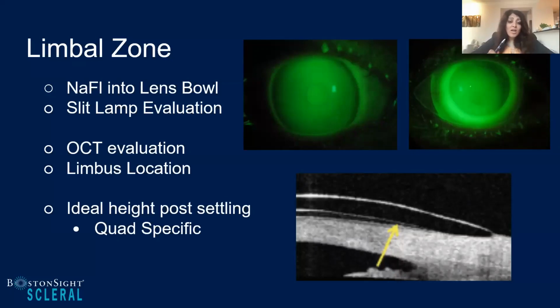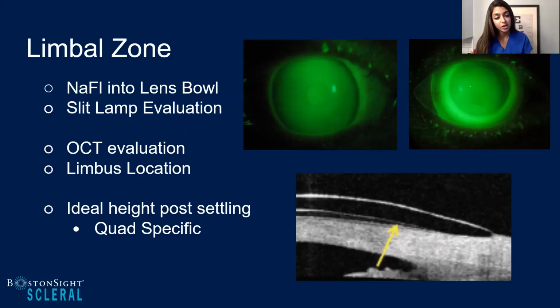And what I love is now having the ability to have the OCT where you can actually scan and see exactly, do I actually have touch or not? And 50 microns, it's a small amount that's hard to appreciate sometimes on the slit lamp. That OCT really helps you to see whether you truly do have touch or not. So when you see an image like this, where it looks like there is some touch at the limbus, you take another closer look and see if it truly is there.